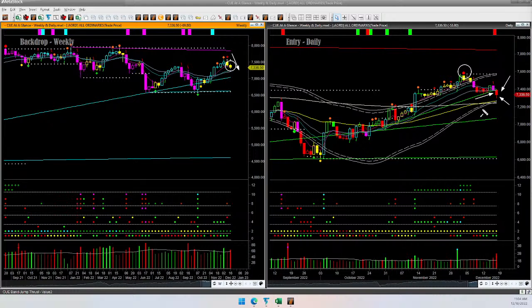I will not like to short now because the yellow and white both direction lines are nearby. Instead, if price can go up and probably regain this trendline support, closing above that, then I will not mind looking for buy setups in the Australian market.